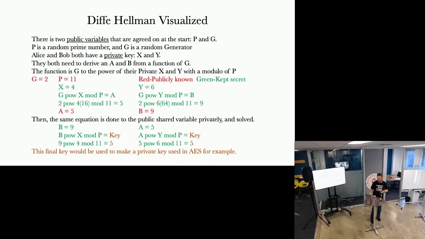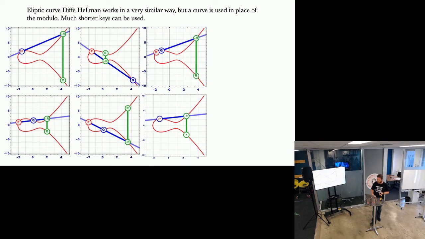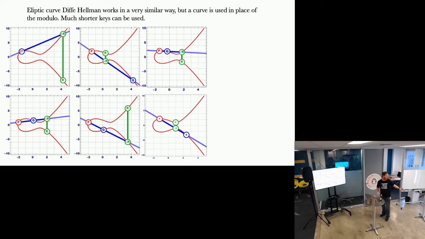But this is called elliptic curve cryptography, or elliptic curve Diffie-Hellman. So don't let the curves intimidate you too much, but basically you've got a P and a Q, and the P and the Q are public variables, much in the same way that the generator is public and the prime number is public. In this case, the P and the Q are passed to everyone who can see it, and then the intersecting line between the P and the Q will give you a spot on that curve. You flip it over to the other side, and then that gives you point 1.